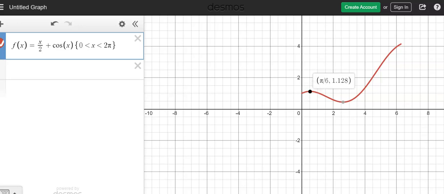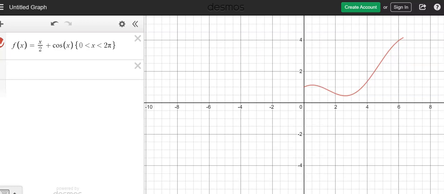See that the function has a max at pi over 6. And also from 5. So everything that I did with